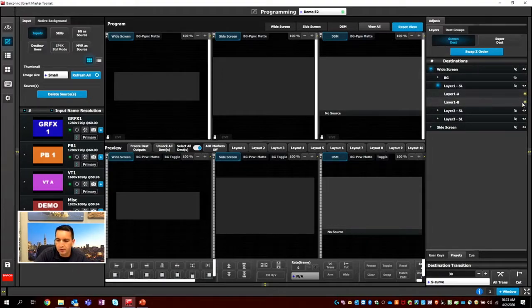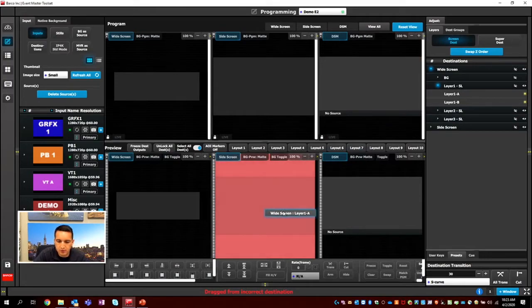They're both not being utilized right now, so they're yellow. If they were on preview, then they would be green. If they were on program, they would be red. Actually, let's take a look at that. So let's take a look at layer 1. Let's drop it into